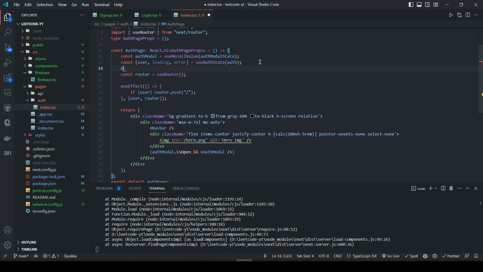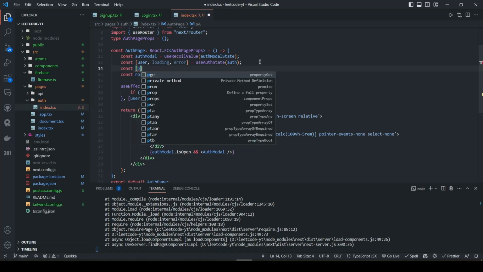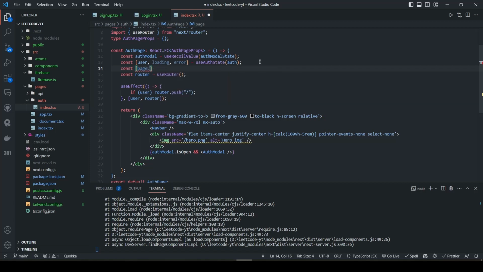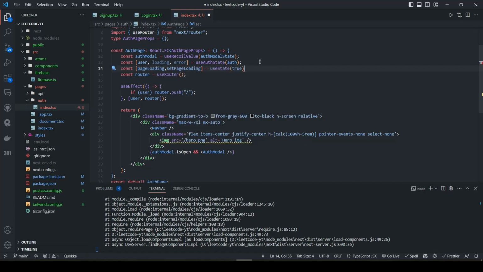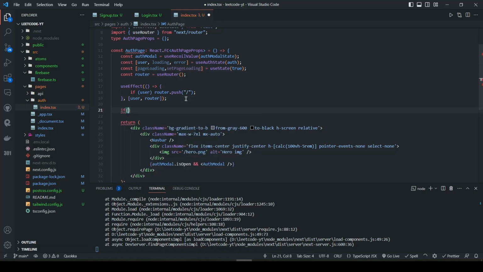So we're gonna say const page, so maybe page loading, and then set page loading that is gonna be a use state, and initially it's gonna be true. So first our page is loading, and if page is loading, then return nothing. So it doesn't render this portion. So now let's save this,